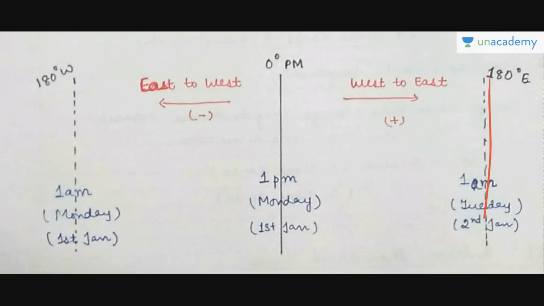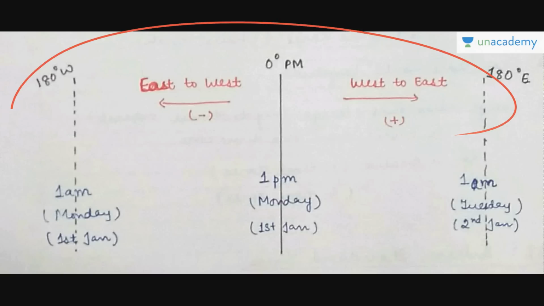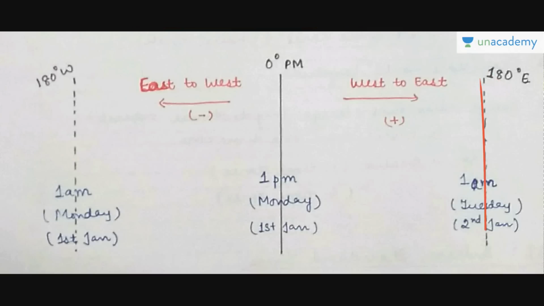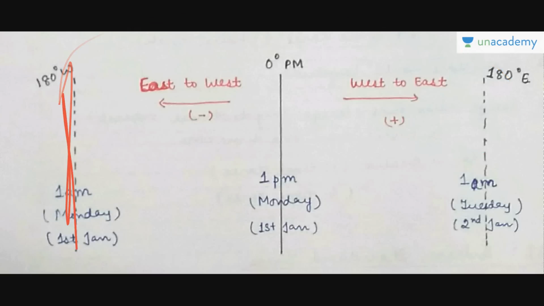So when we are moving from west to east, we are actually moving like this, right? This is the same line, so we are crossing it like this. Then there is a gain of day. How is it a gain of day? At this line it will be 2nd of January, and when we cross this line it becomes this only, because these two are the same line, just the direction matters. So it becomes 1st January.